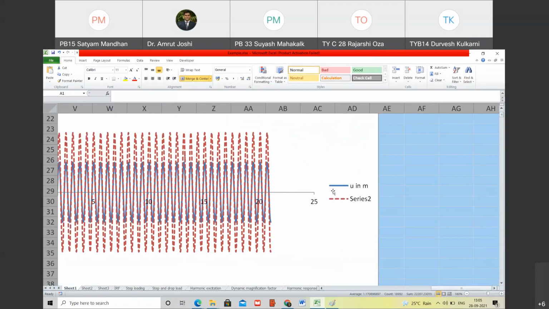Yes, sir. So series 2 corresponds to where we have pulled the system by greater amount, and the blue line is the system where we have pulled the system by lesser amount. But essentially what we saw was the highest peak reached by the system was more or less constant. Happy?